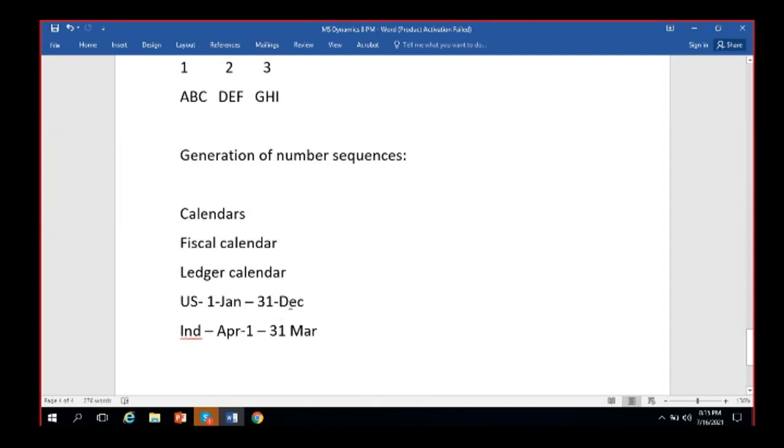Suppose somewhere in the end here, it merges with the Indian legal entity. Again, the calendar should start from January 1st, right? So January 1st to March 31st, they will create as a fiscal period. So these 3 months they will create as a fiscal period. Once after completing this, they will follow the regular Indian pattern calendar, April 1st to 31st of March